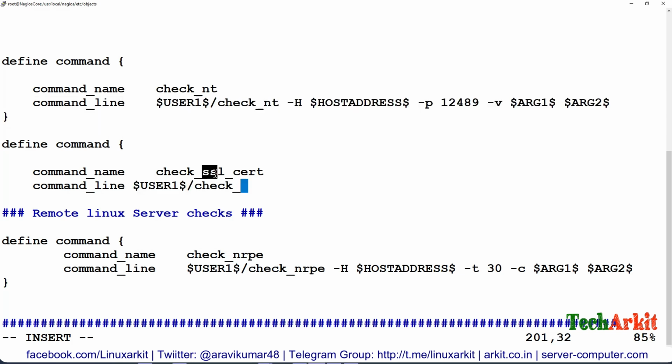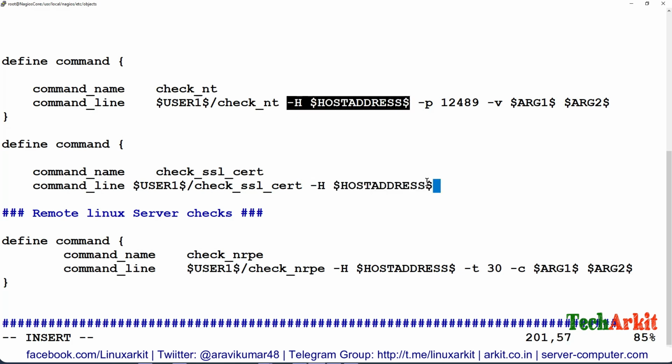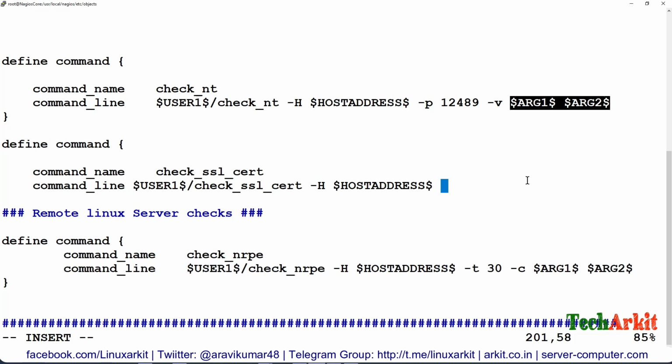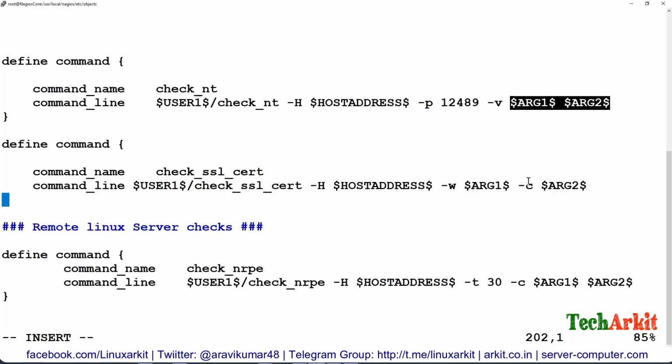The SSL certificate plugin name should be the same, and -H the host address, and I would like to use both the arguments, right? One is the warning argument and the second is the critical argument. So one is $ARG1$ and another is $ARG2$. So this is the simple definition.